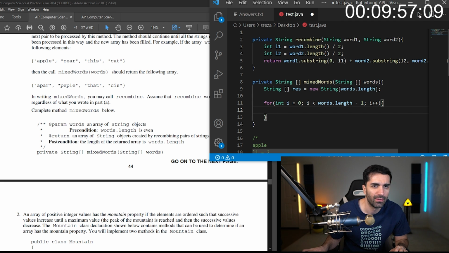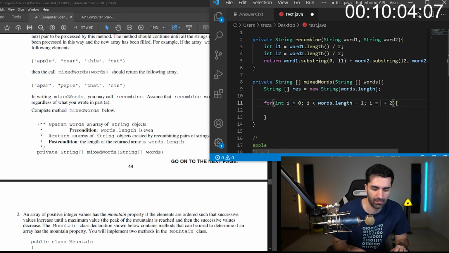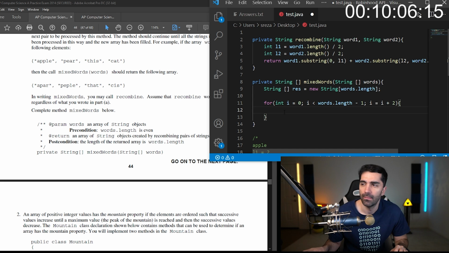Or do we want to do i equals i plus 2? Okay, I hope you guys can see that.